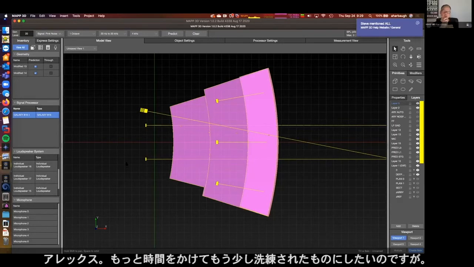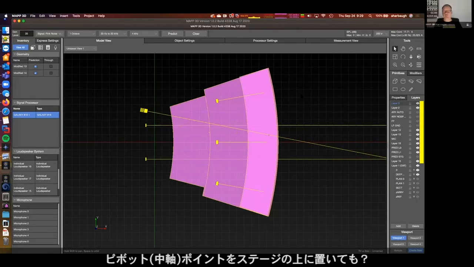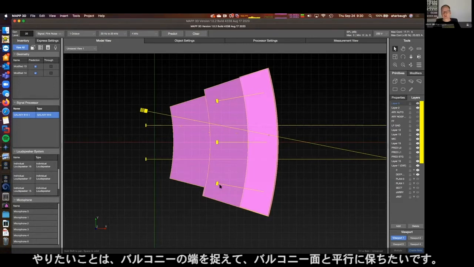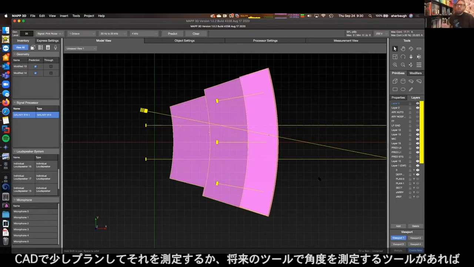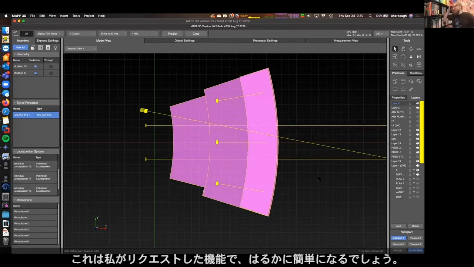So, Alex, I was wondering if we want to do this slightly more sophisticated at the expense of more time, is this something that we could also do with a polar array? Absolutely. And then put your pivot point all the way upstage? Yeah, the challenge of that right here for me to do live would be knowing the angle that we wanted to start and end at. Right. But if you really want to track that balcony edge or stay parallel to the balcony face, then with a little planning in the CAD and measuring that, or if in future tools we have a measuring angle to help that polar array tool, which is a feature I've requested,